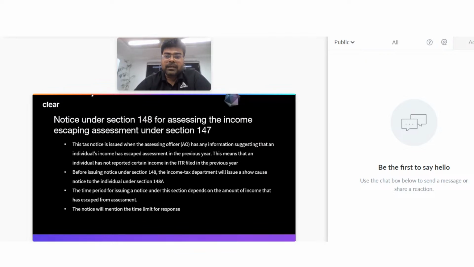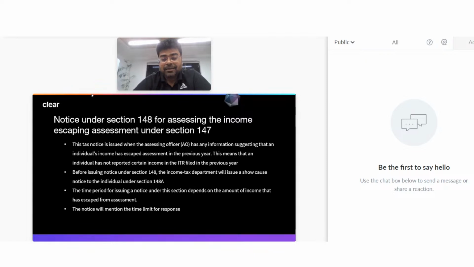Also, there is one notice which is the most important and crucial of them all, the income escaping assessment under section 147, right? To get this, 147, you are going to get a notice under section 148, right? 148 is the starting point of the income escaping assessment under section 147. However,